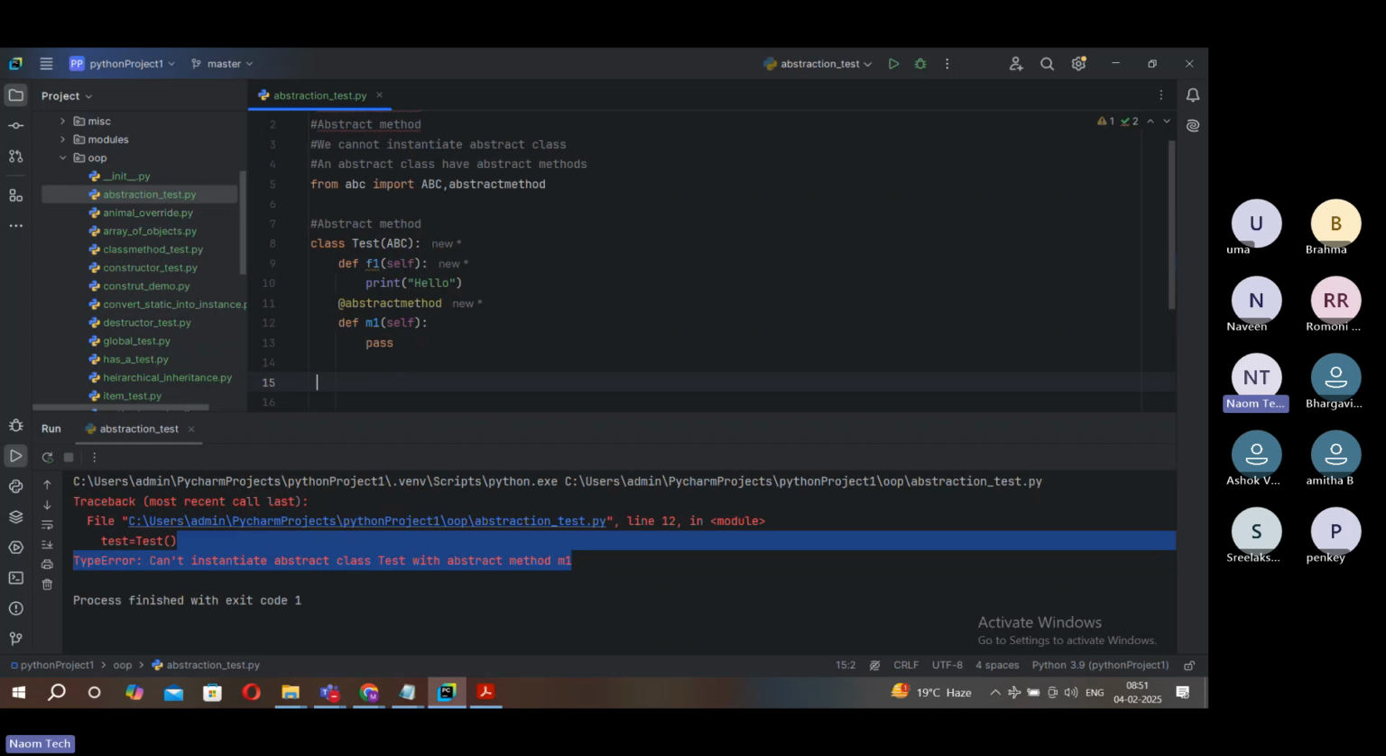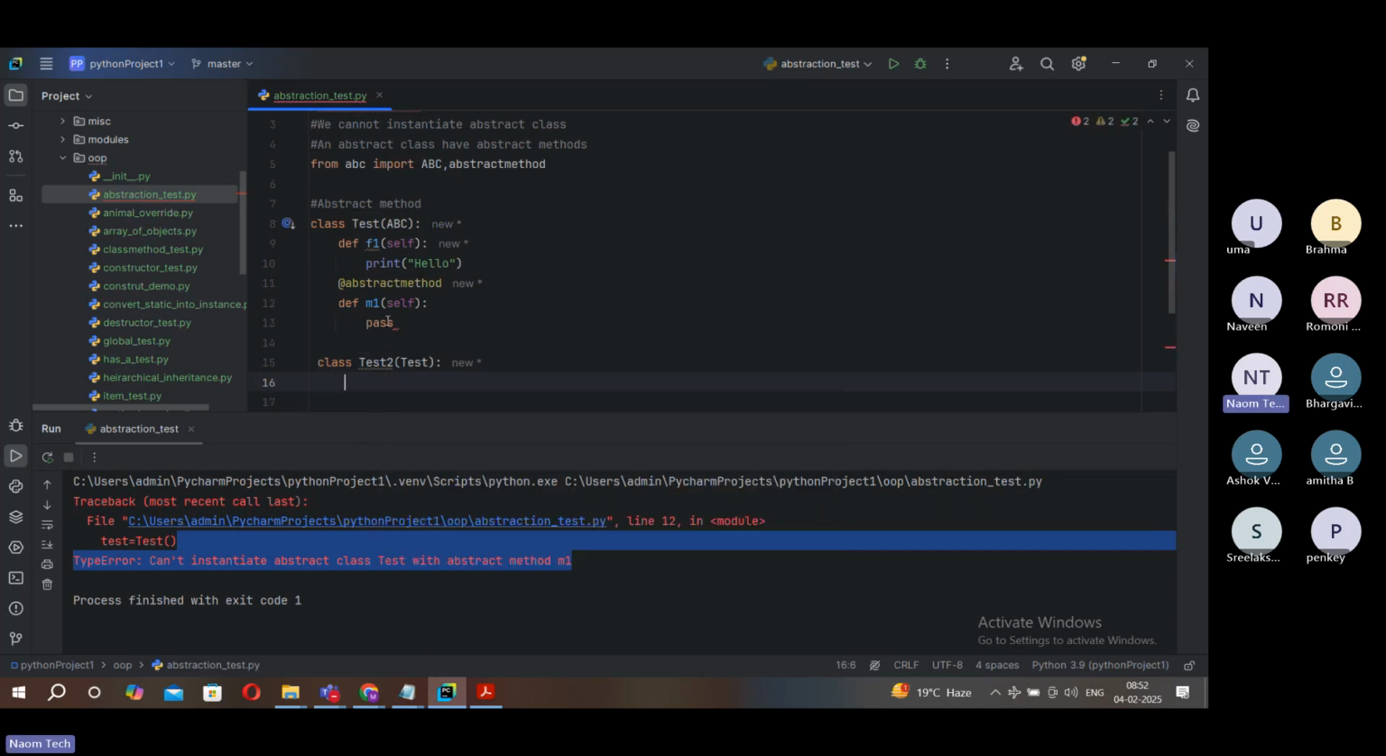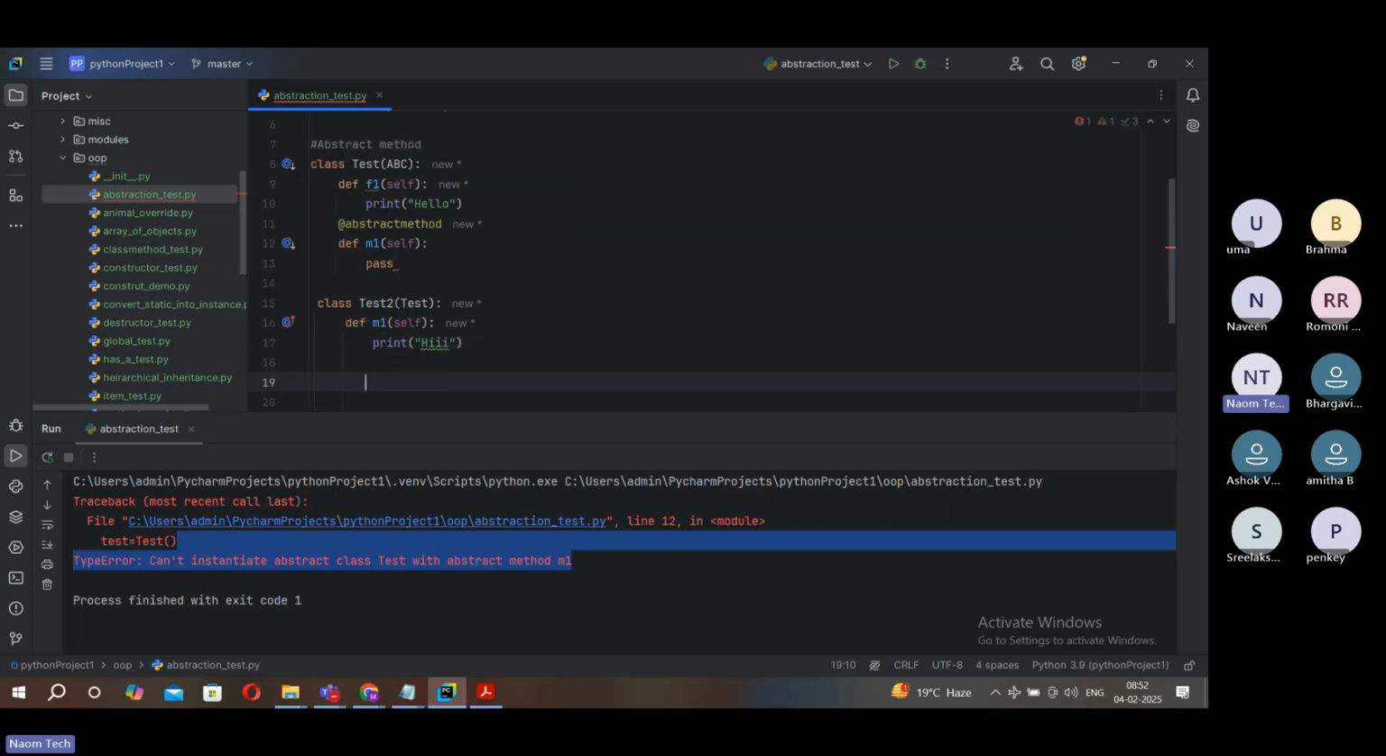Suppose you take a class, something like Test2, and that is inherited from Test. Now in this we have to override the M1 method. So how do you override? Define M1, and then you should say print something. So this is how we have to implement